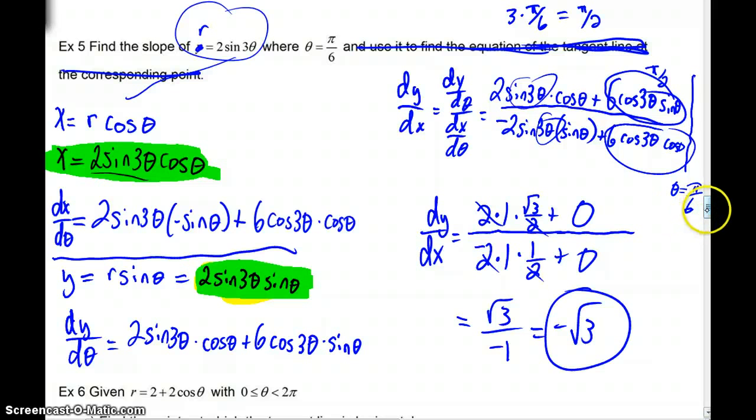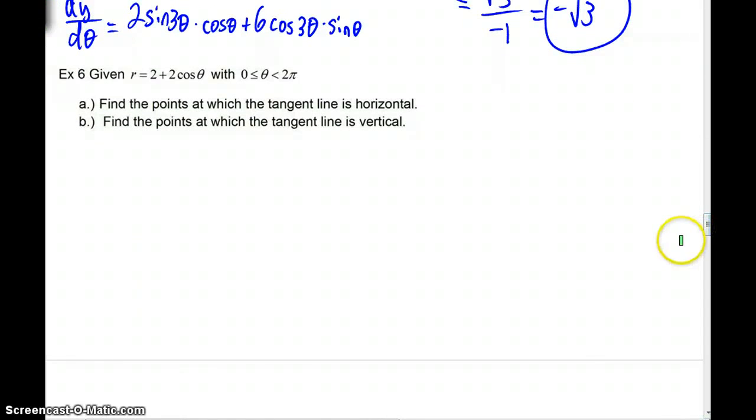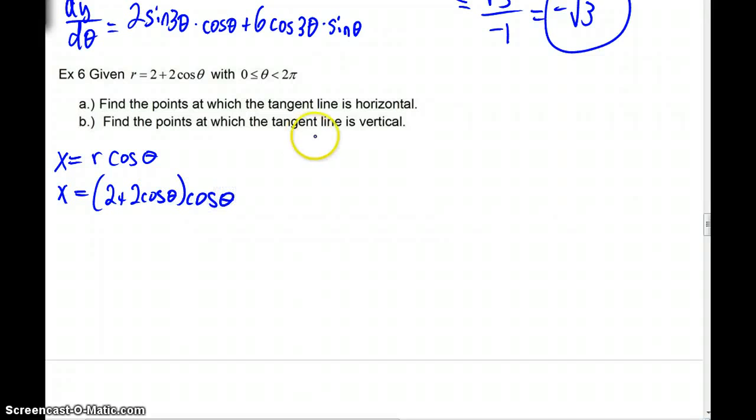We have one more example that we're going to be doing, and I'm just going to begin to set it up for the sake of time. For example 6, we're going to do the same thing. We just want to find derivatives. So let's very quickly say that x is equal to r cosine of theta. In this problem, that's 2 plus 2 cosine of theta times the cosine of theta. And very similarly over here we could say y is equal to r sine of theta, and we'd have 2 plus